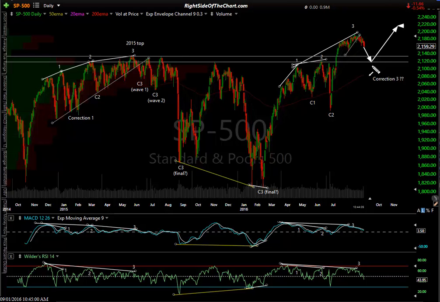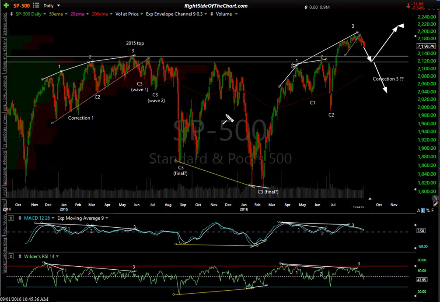The other scenario, which I'm equally as open to, if not more, is that you'll probably see at least a reaction somewhere in here between the 2015 highs and that 2120 level. A reaction meaning either a pause, like a consolidation, where we trade around for a few days, maybe a couple weeks, and then a breakdown, or a bounce. That's how I define a reaction: you come down, you hit a trend line, and you either stop, or typically bounce, maybe a minor bounce, and then a breakdown. Now that would be very bearish.